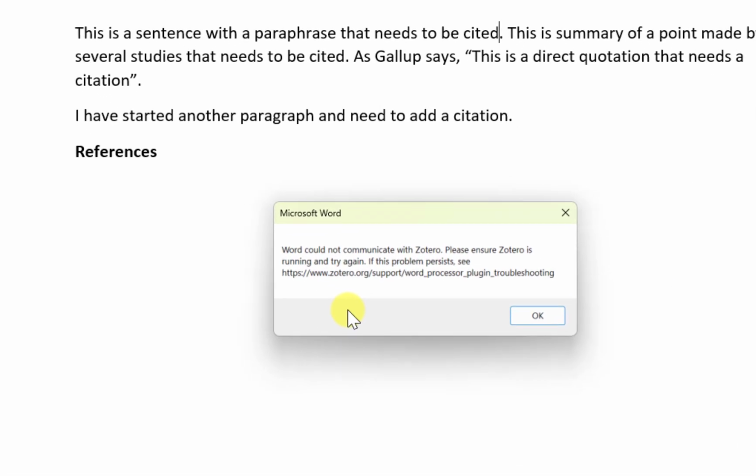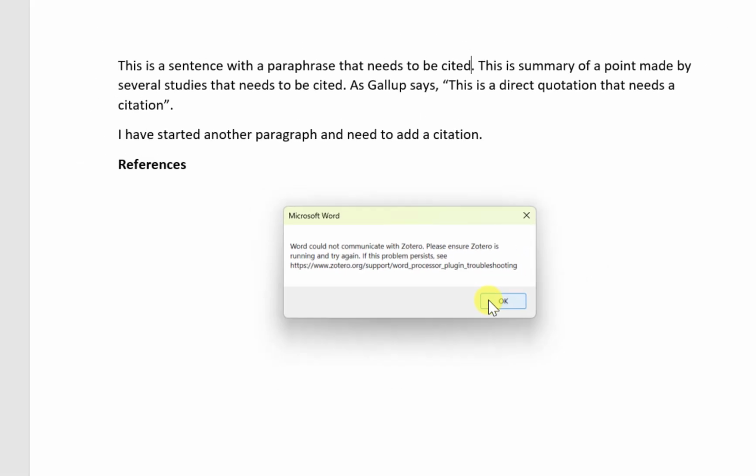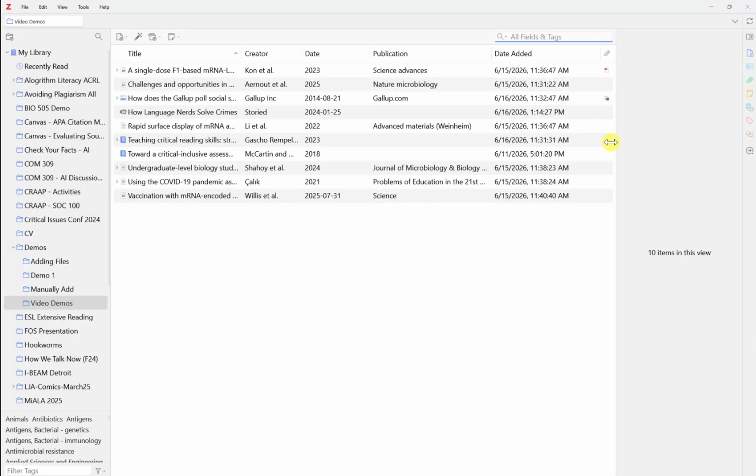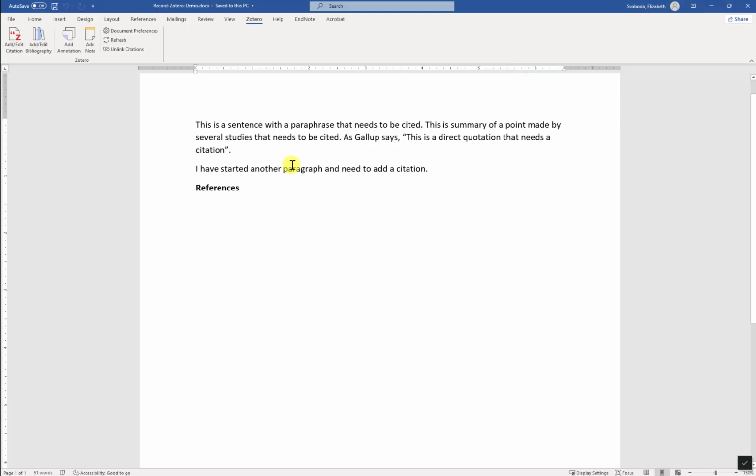However, I have a lovely pop-up that comes up. And this pop-up basically says that you need to make sure that the Zotero program is running at the same time as Microsoft Word. So I'm going to go ahead and open up my Zotero program here, and there I am. All right, so now I should be able to go back into my Word document and click Add Edit